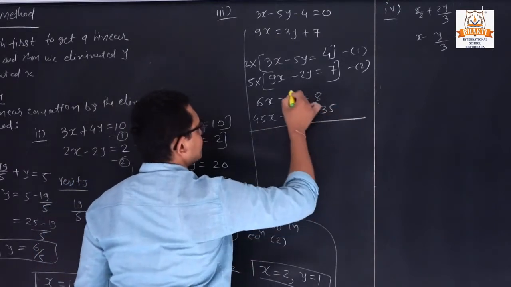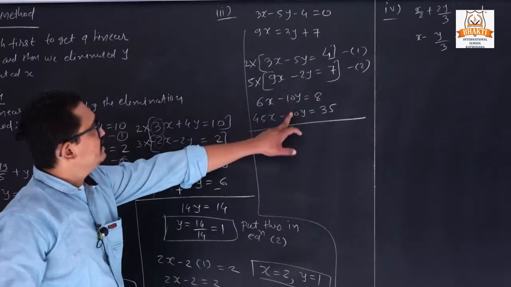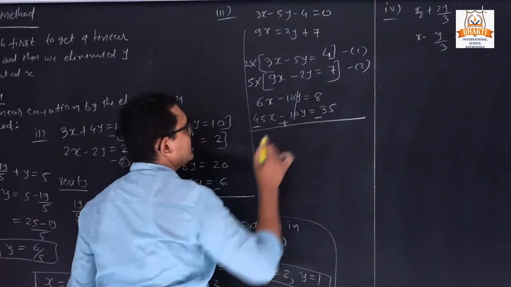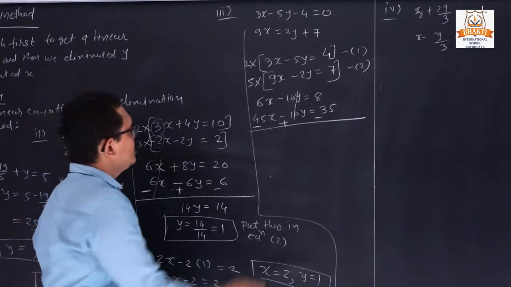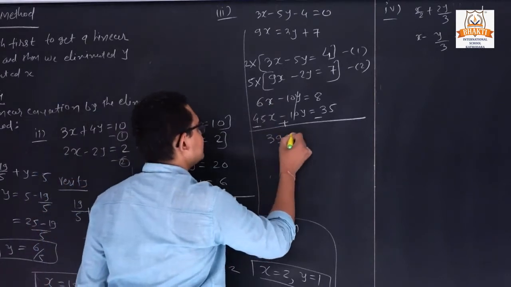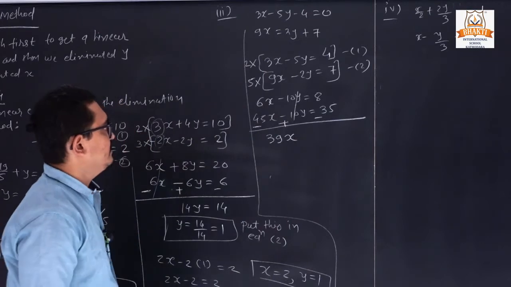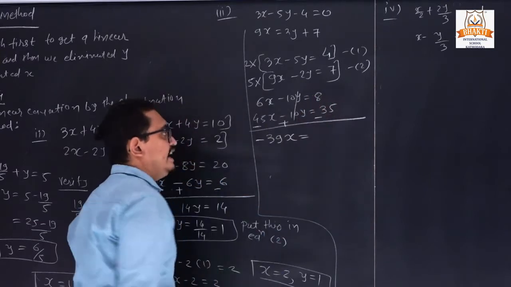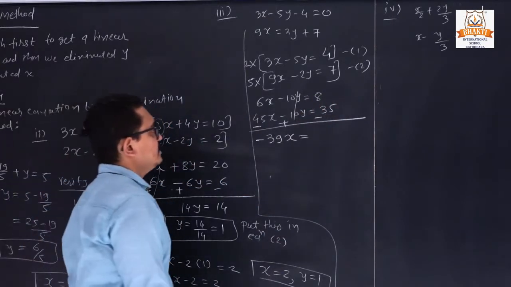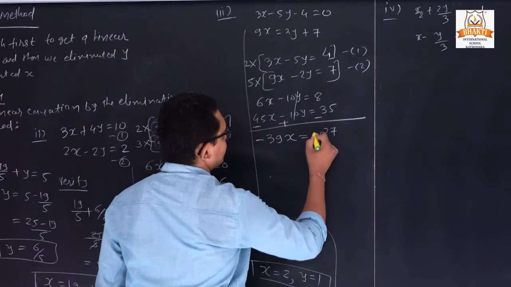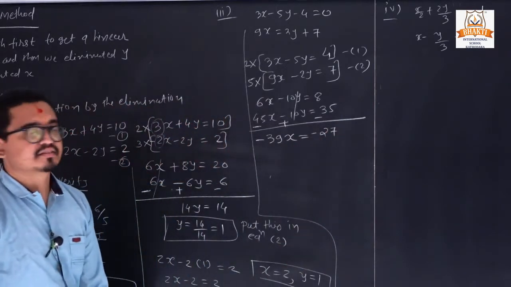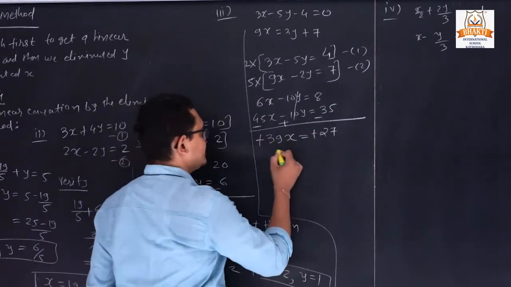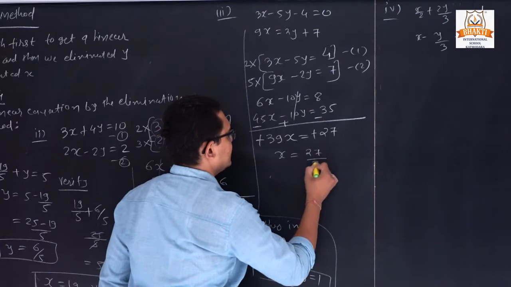Now eliminate it. So here these both have the same sign, see that. So we can change all the signs, plus minus. So these both are cut now, plus minus 10y. 45 minus 6, so 39x. Clear? 45 minus 6, so minus 39x is equal to 35 minus 8. So 35 minus 8, so it is 27, but minus 27. So now minus minus becomes plus and this is going to the second side, so 27 upon 39.